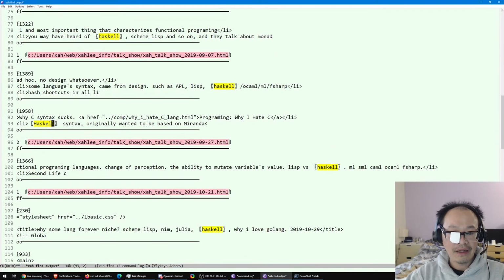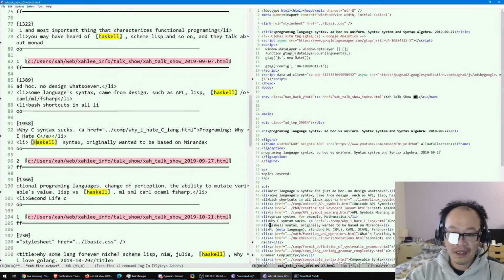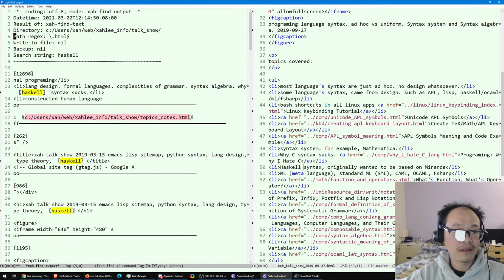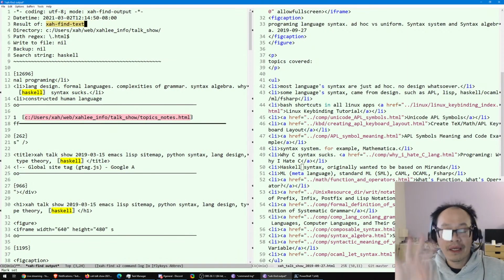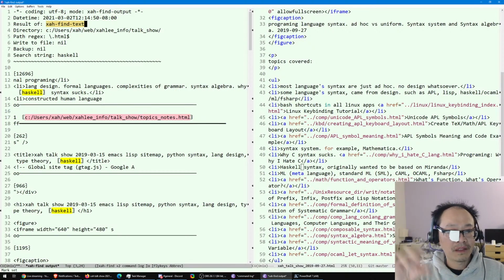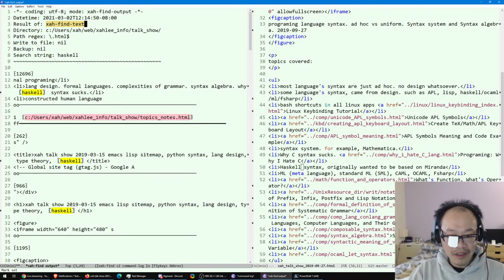You see, I put a cursor on one of these arrow keys, type enter, then it opens that file, and you can see Haskell is mentioned there. By the way, I'm using this package, xah-find-text.el. It's on my website. So I'm using my own command, but in general, when you want to search, find,